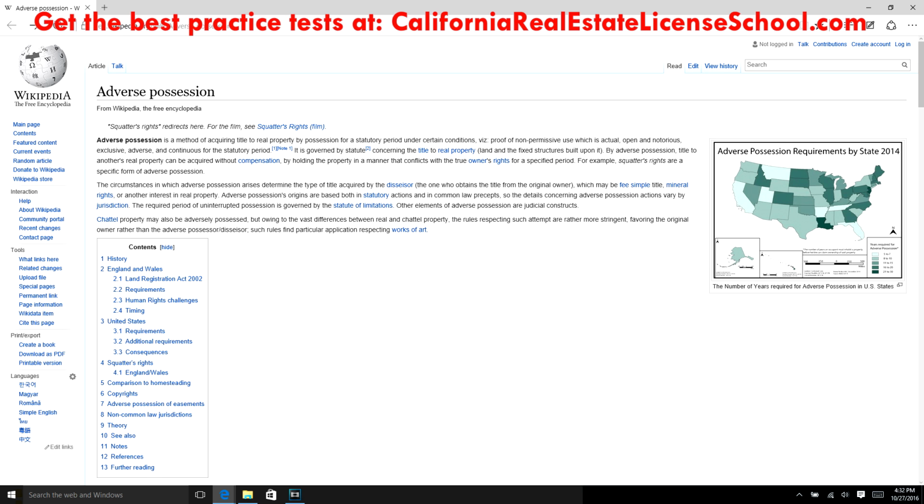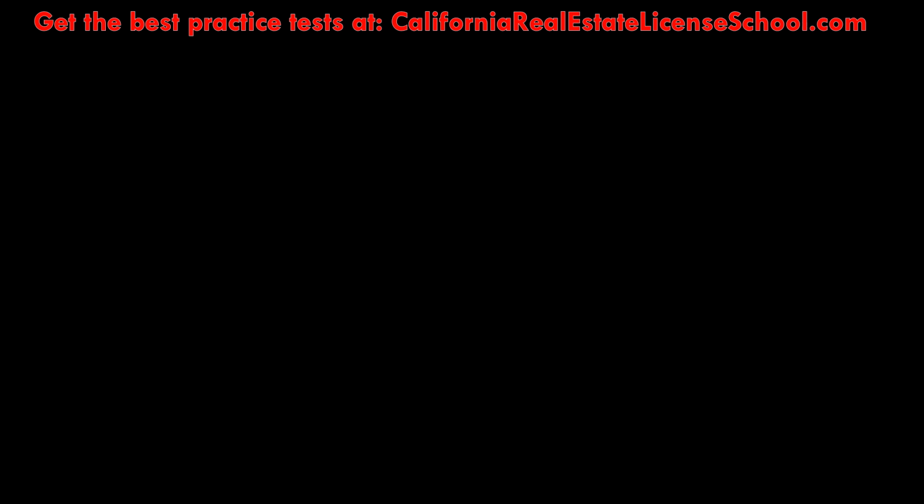and pretty much reverse the title to their own and say, hey, I took care of this property, I took care of the land, I took care of the trees, I took care of everything that was in here, and I want to own this property. This property is not being used. And in some cases, legally, they can have a successful adverse possession action granted and become the owner